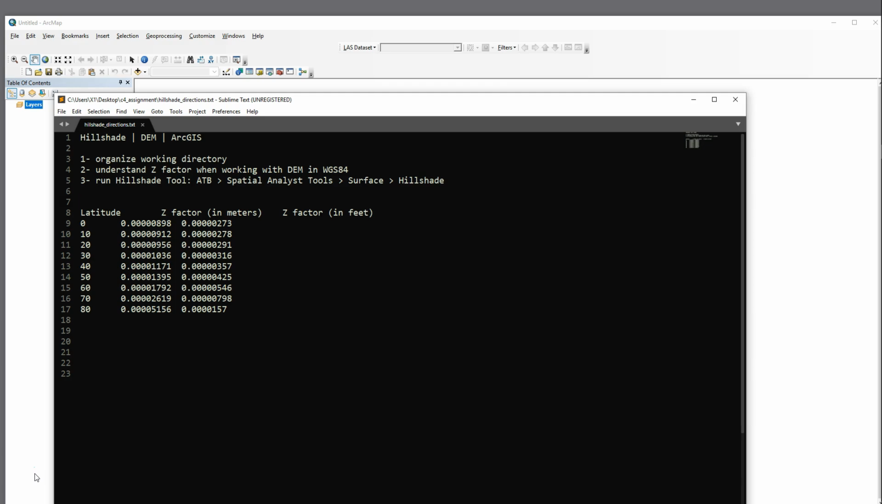This is a video tutorial for working with hillshade and digital elevation model in ArcGIS. And there's 3 essential steps to accomplishing this task. The first one, we would just want to review a working directory and make sure we have it set up